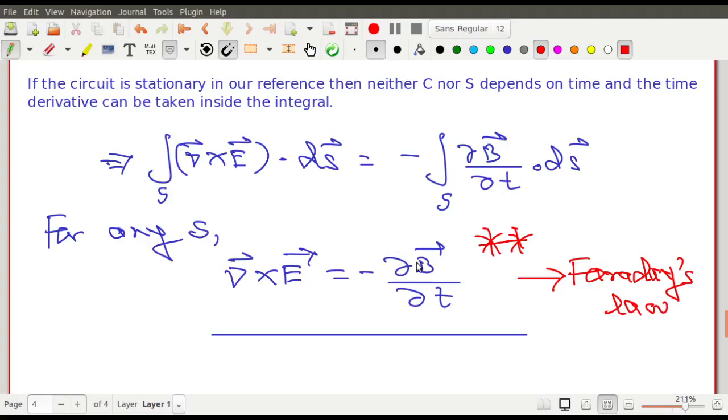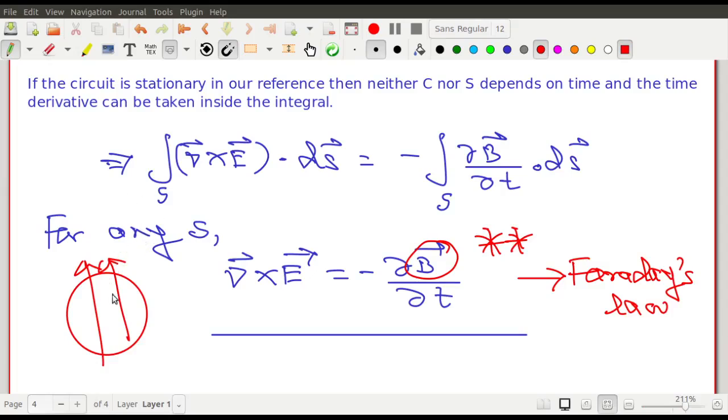So here you come to know that if there is a change in magnetic field, then there is definitely an electric field. If the magnetic field changes in some way, this is the conductor. Here there was a magnetic field, meaning there was a flux. And now if there is a change in this magnetic field,